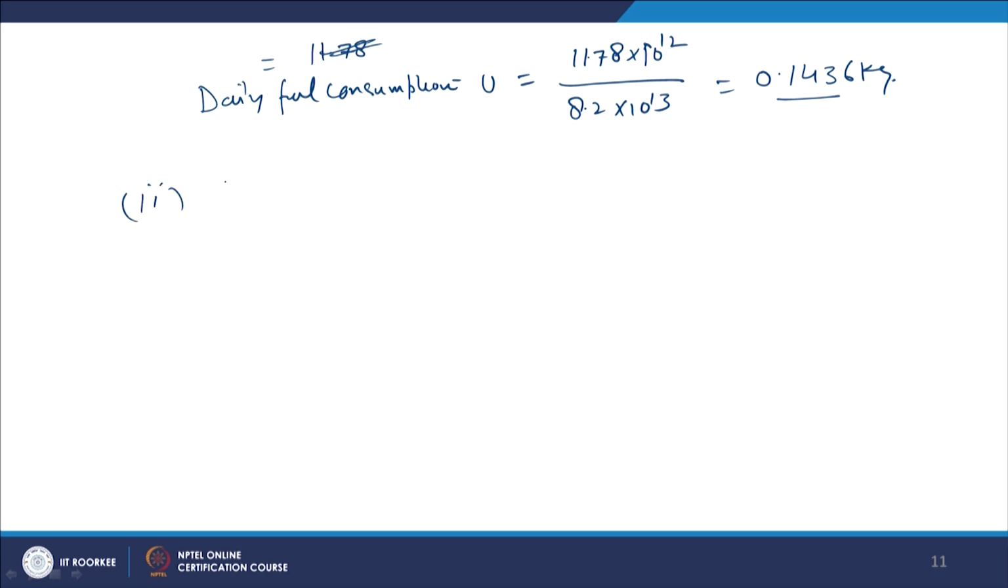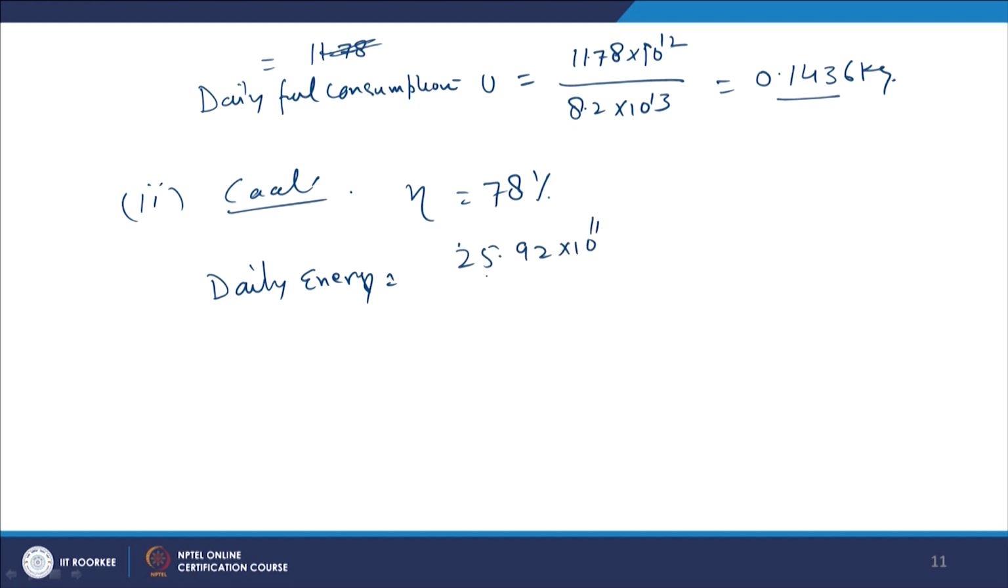Now, for coal, efficiency is 78%. Daily energy is equal to how much? 25.92 into 10 to power 11 divided by 0.75. So, sorry, 78, not 75, 78. So, daily energy input is going to be equal to 33.23 into 10 to power 11 joules, right. Now, coal required per day, total energy requirement